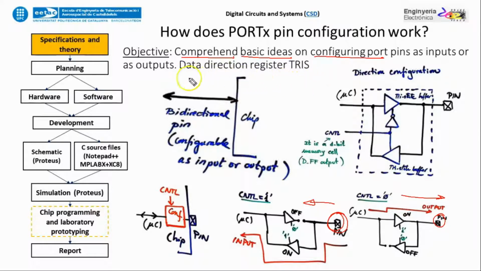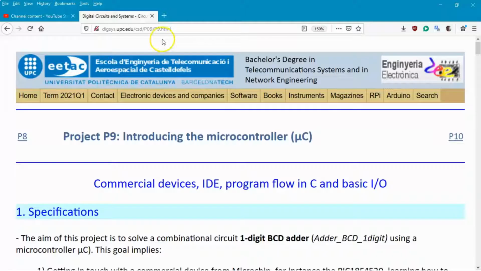So it is attaining the unit that you will find in digsys about this theory on port configuration. It is about the port register and the trace register that go together in a way that you can define the way the port works. So to talk about